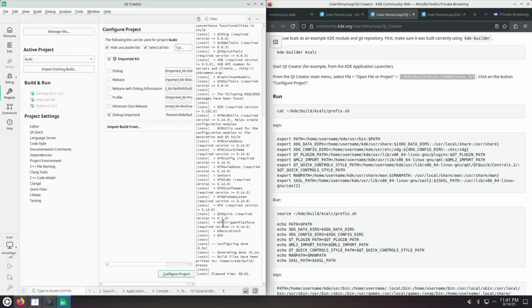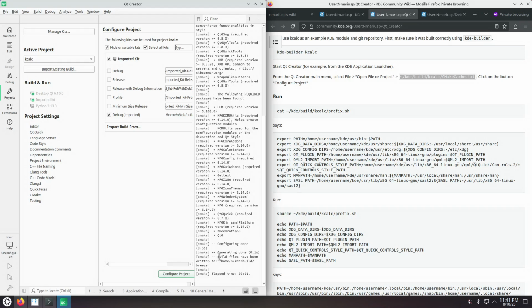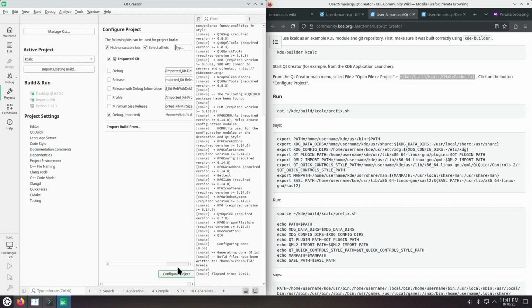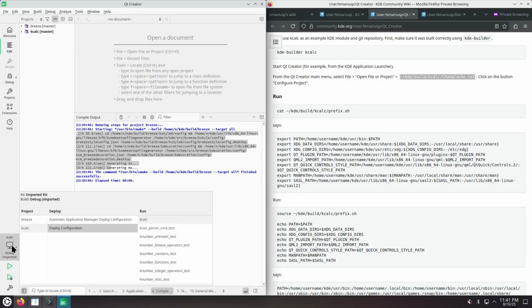Okay, let's hope that that warning is just benign. The CMake configuration step output seems to be okay. Configure project. And now we have two projects opened at the same time in QtCreator, the library and the graphical user interface application. And the correct run target has been selected, which is the executable KCalc, the full graphical user interface application,